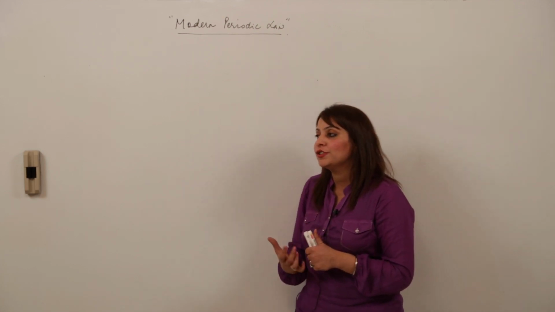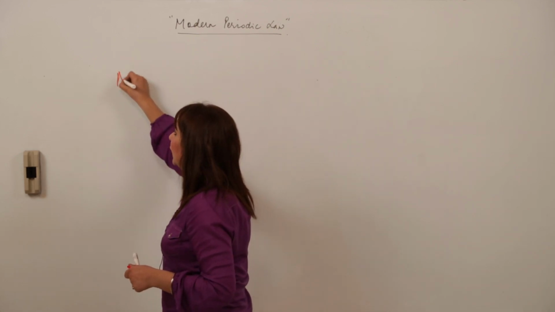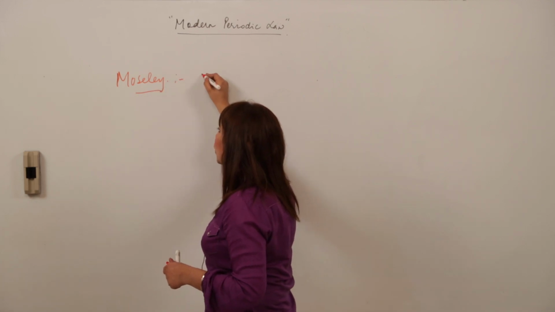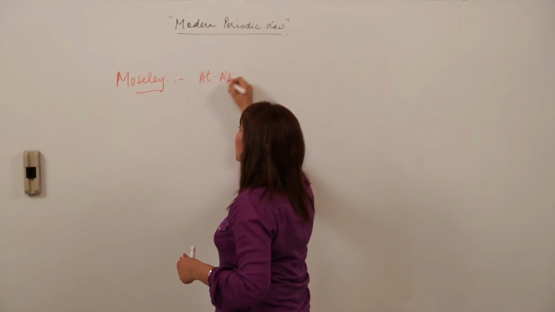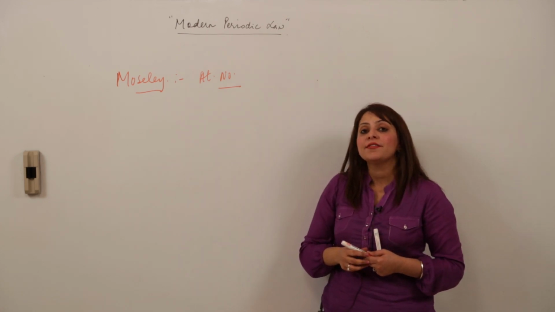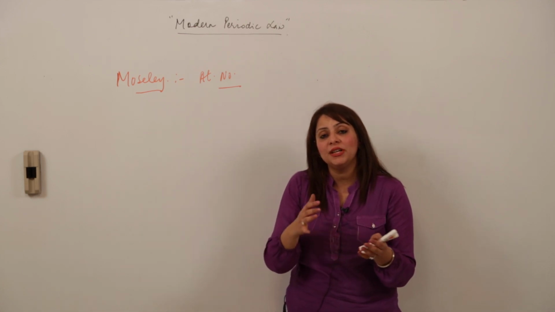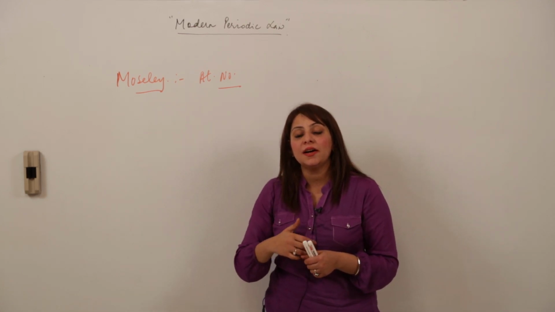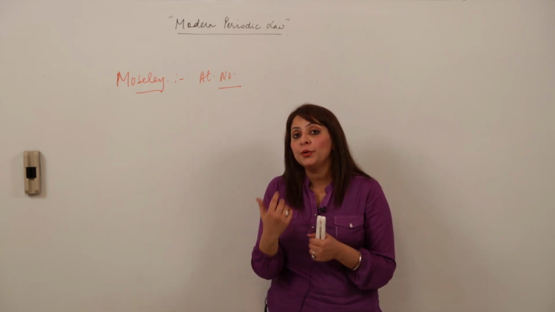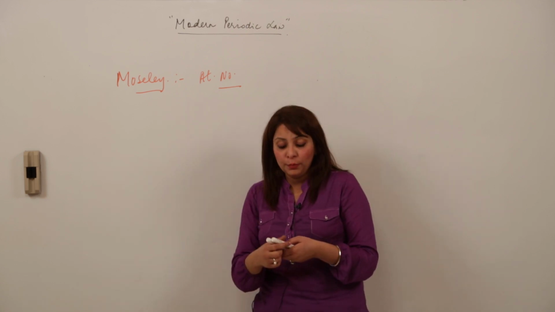But before the modern periodic table came, the scientist Moseley was the one who said that instead of atomic weight, if atomic number is considered as a fundamental property, that means if instead of arranging the elements according to increasing weight, we arrange the elements in order of increasing atomic numbers, we'll see more periodicity in the properties. And it really happened, and this led to the formulation of